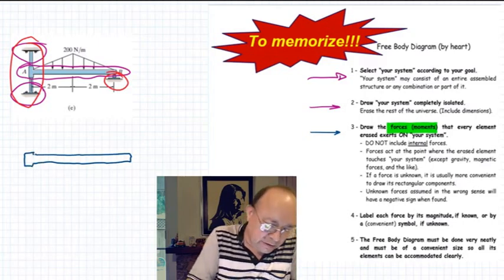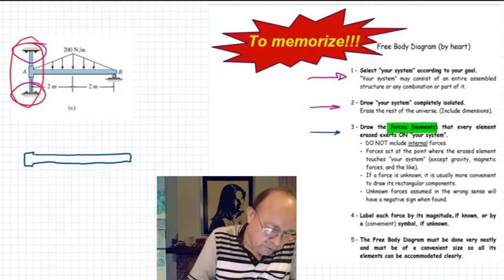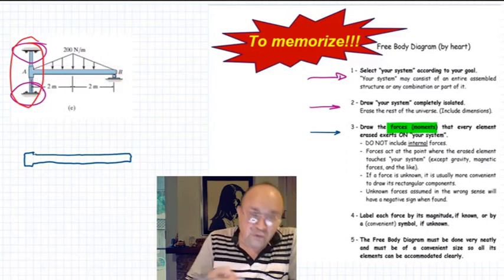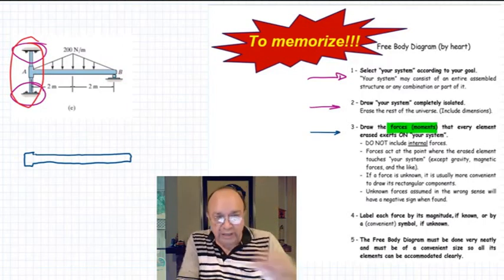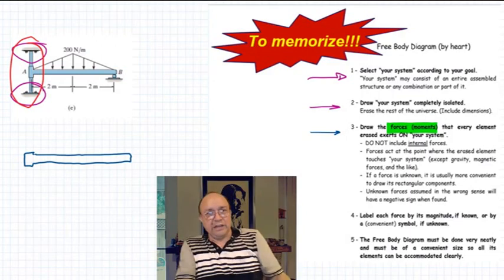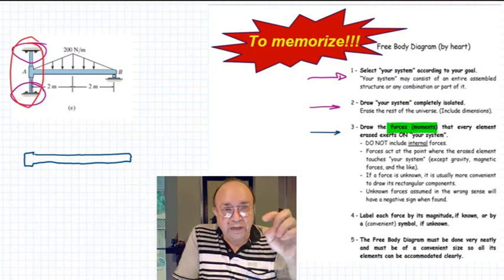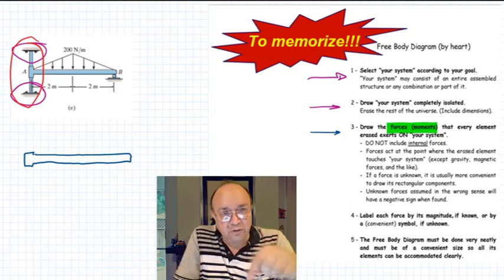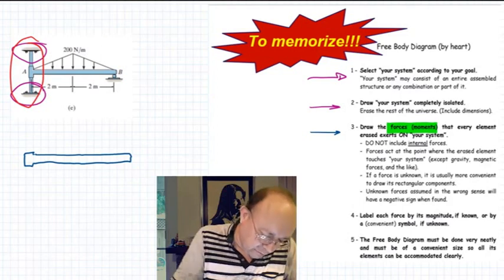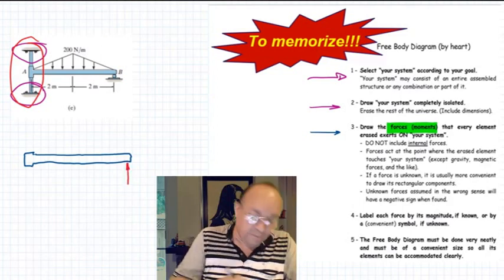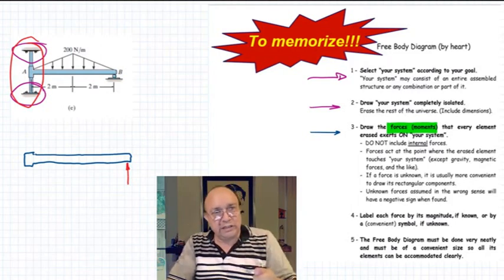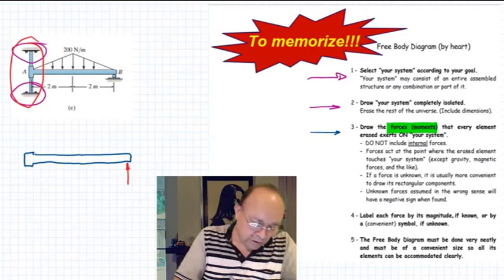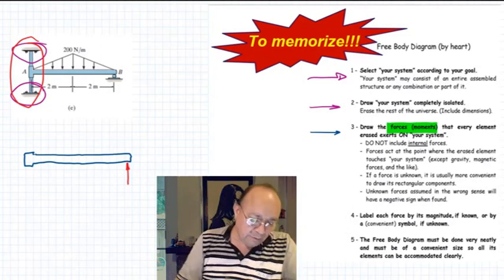So since we remove the support at point B, we have to replace whatever we remove in order to leave our system isolated. We remove a bunch of stuff. Every little piece that we remove and that was touching our system is going to be replaced by the force at the point of contact. So there was a force here. This is a roller, so there will be a vertical force, because that roller exerts a vertical force that doesn't allow the beam to go down at that point. So that will be one force.